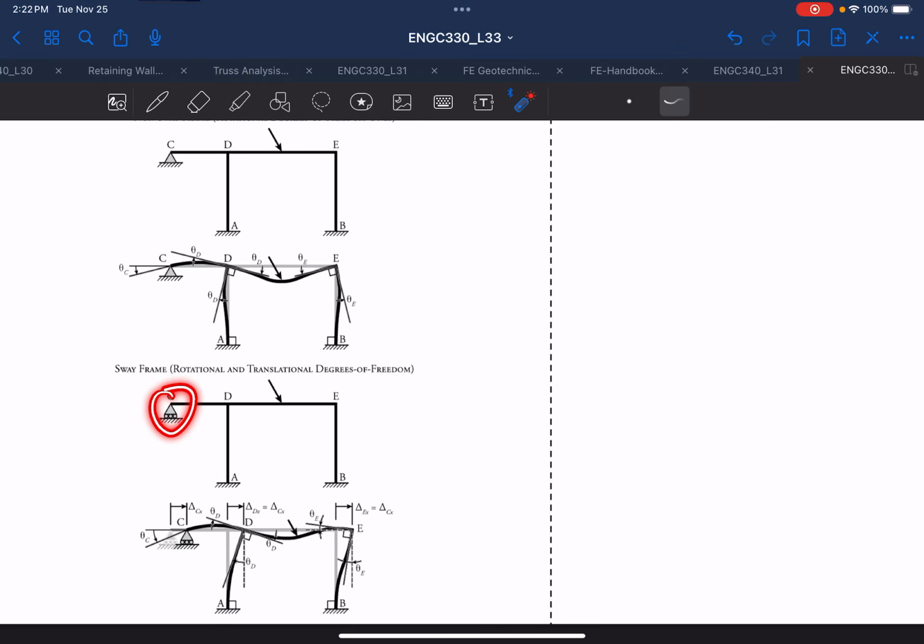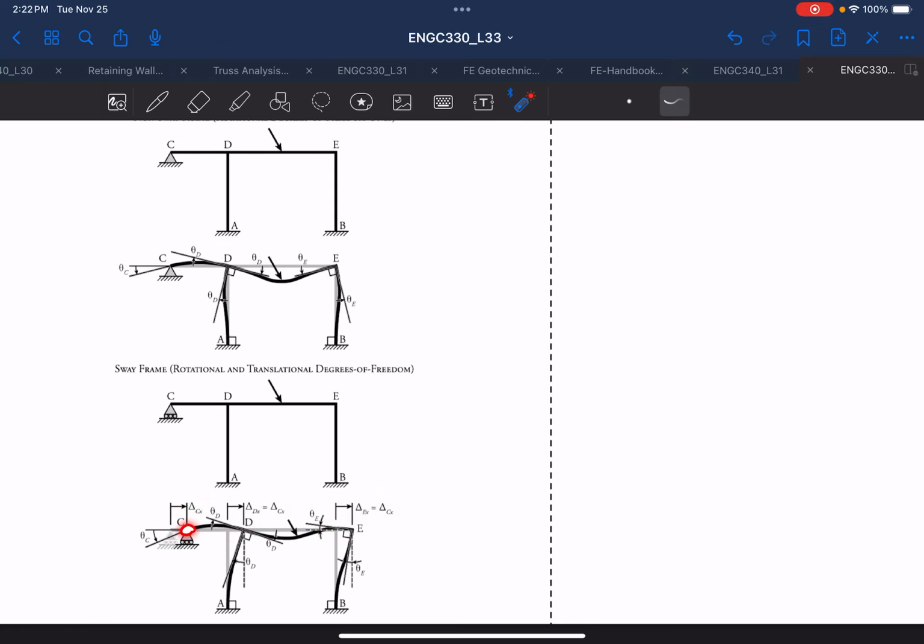So in this case, if we remove the joint C with a roller support, then you'll see that if you're applying a load, it will move by the same distance. And because we consider that there's no actual deformation, that means the deformations will be the same. So all of this deformation will be the same. So even though it moves, because they have the same deformation, we consider only 1 degree of